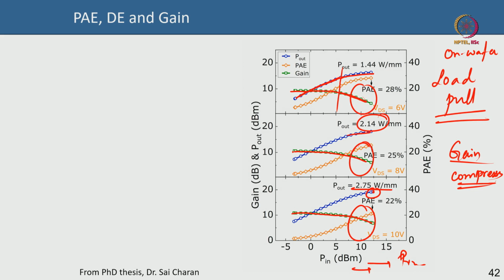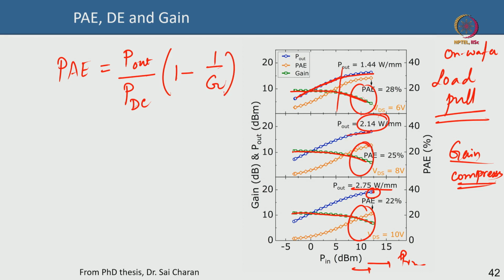And finally, what we talk about is power added efficiency. It is one of the most important parameters, especially for those RF systems which are operated by battery, and this is given by the output RF power you get divided by the DC bias that you are applying, into 1 minus 1 by gain. So improving the power added efficiency, it basically tells you in a way